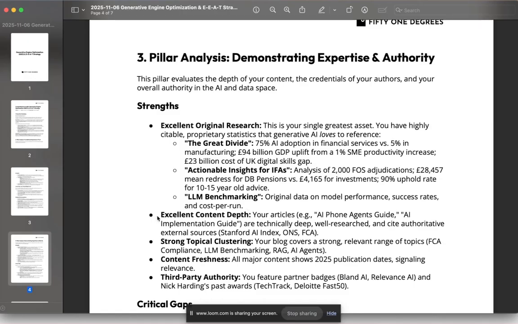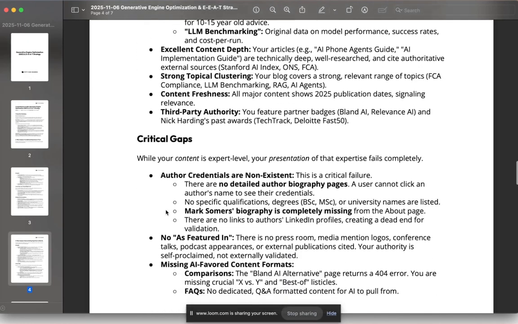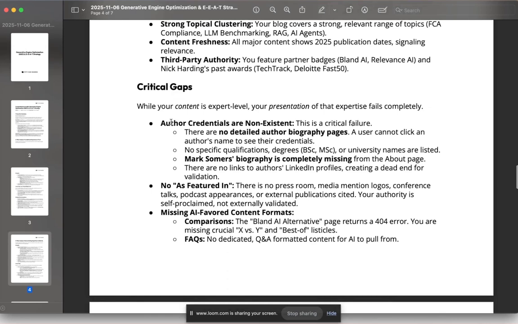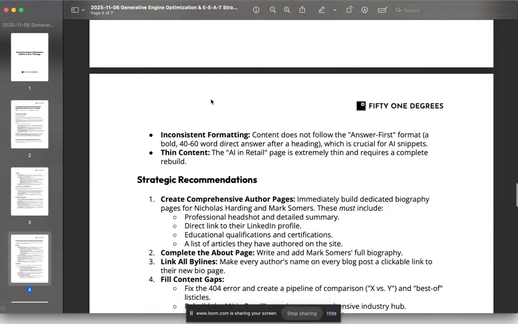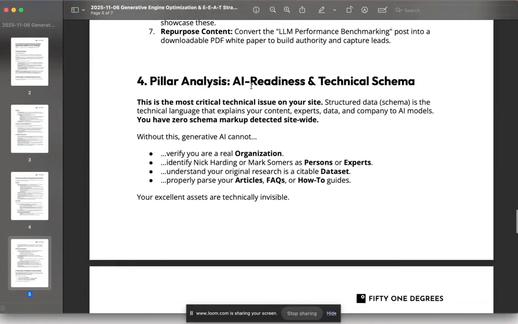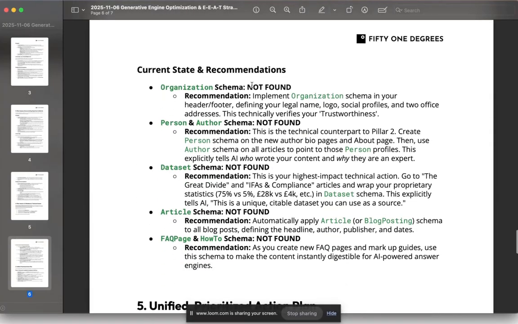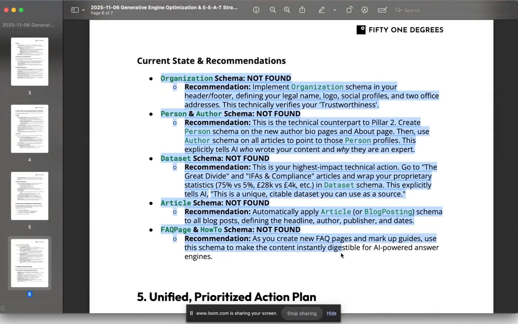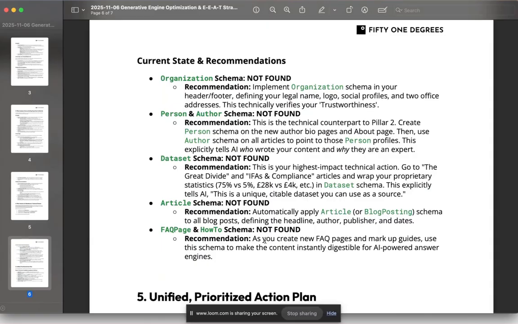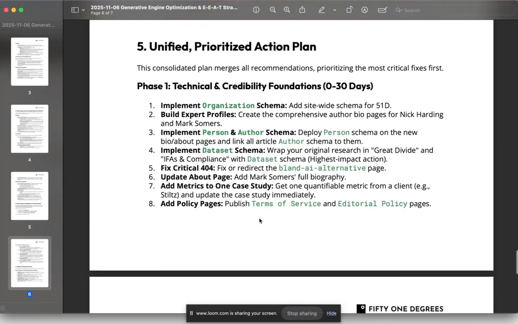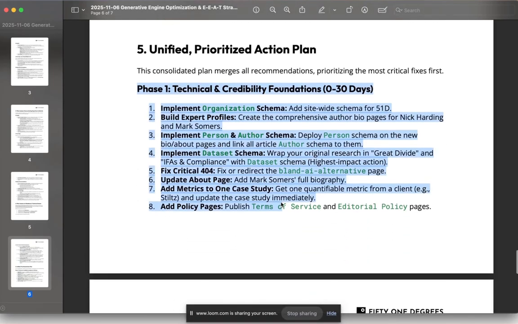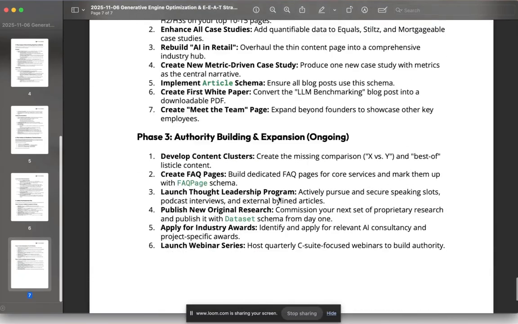However, the authoritativeness is not captured at all because the backgrounds of my founder and I, for example, haven't really been covered. So whilst there is some really good content, we're not capturing the benefit of that. And then the final part is the technical part around these schemas, and the vast majority of it is totally lacking, so it can't rank based upon that. It's then written a phased project plan to say phase 1 do this, phase 2 do that, phase 3 do that, etc.